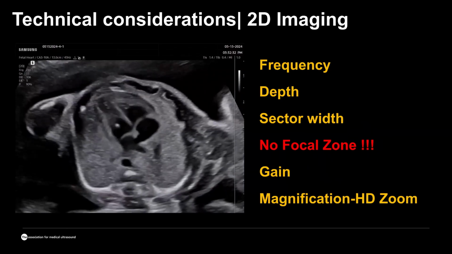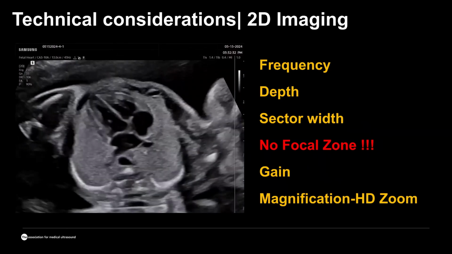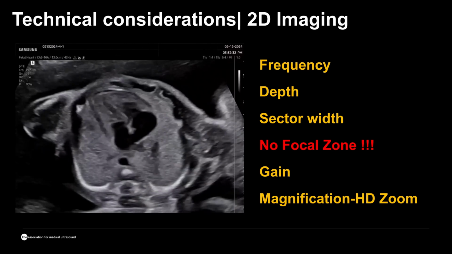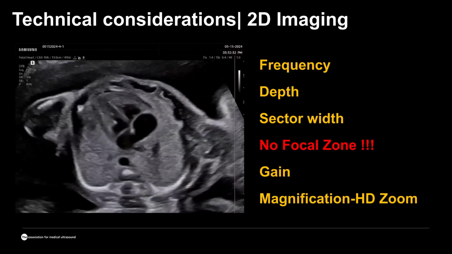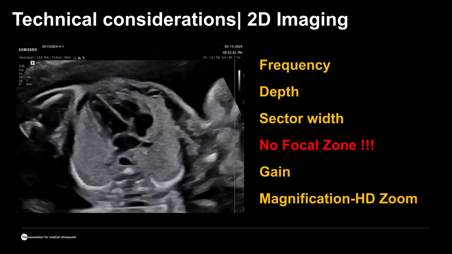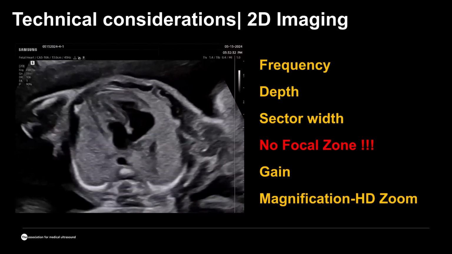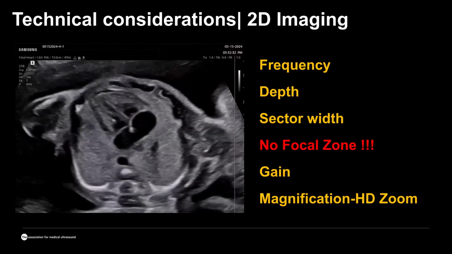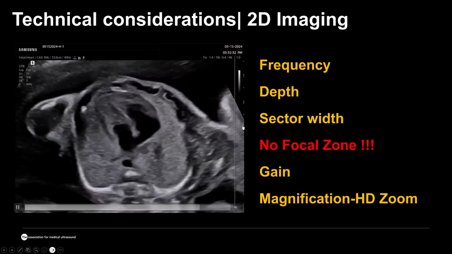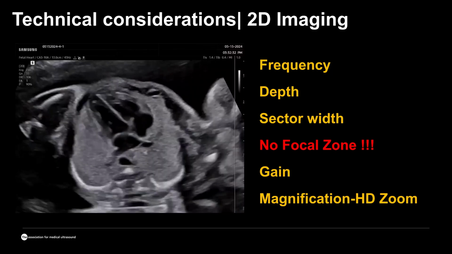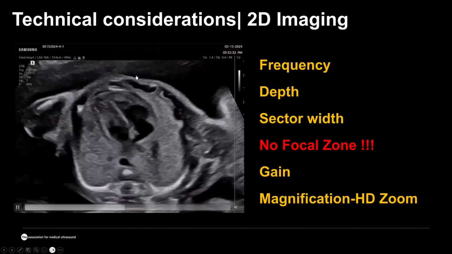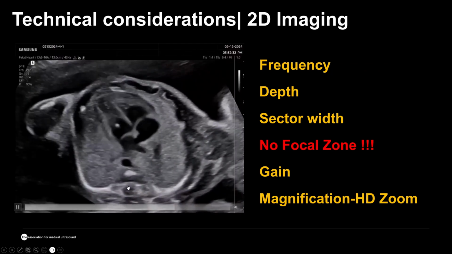First, I would like to share with you that recent advances in the physics of ultrasound help us get rid of one of the controls. Most of the modern systems, including the ultrasound from Samsung, have electronic beam forming and focusing, so they don't really require any focal zone. In other words, we would usually place the focal zone in the area where we want the beam to be the most focused. This is the area of interest. But as you can see on this image, the image actually has the best resolution from top to bottom.